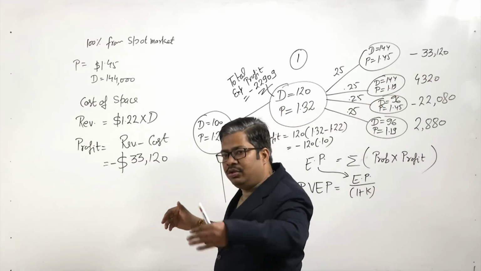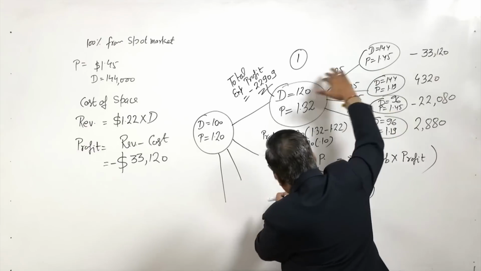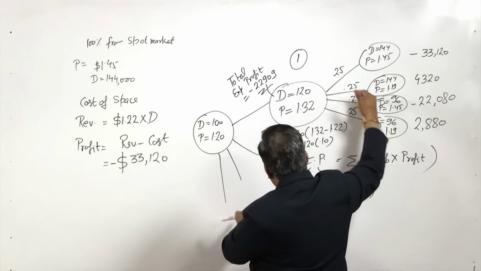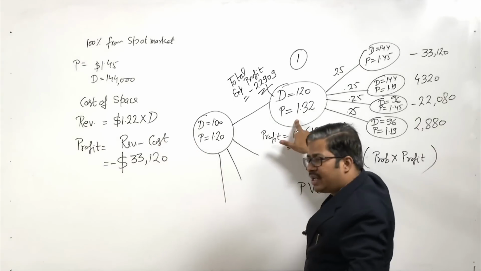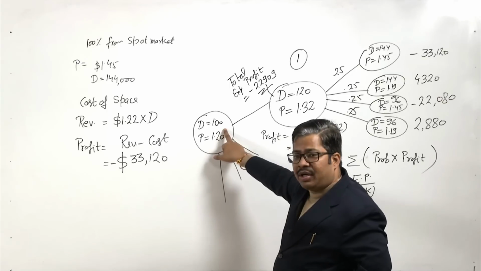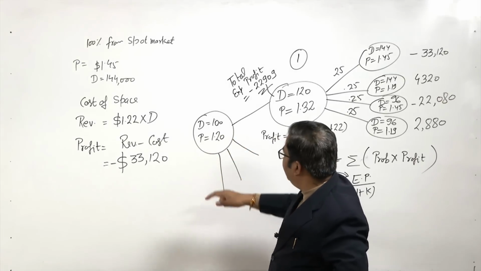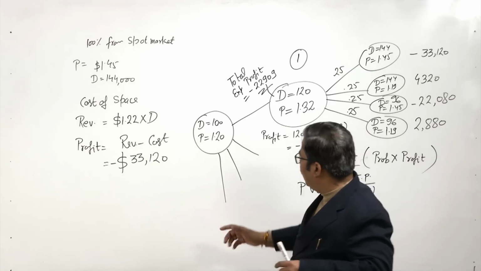And now, you can already understand that a similar calculation will flow to period T0 also. The same calculation will come to this state also, because this state is coming from this state when the initial demand was 0 and P was 1.20. So, now when I want to calculate the total expected profit at T0,